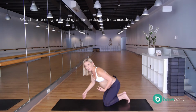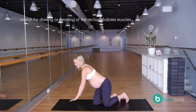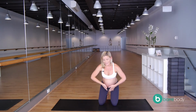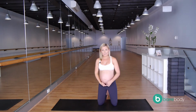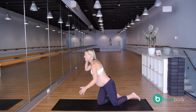So what we're watching for here is, if you start to see in your plank position, whether it's on the feet or on the knees, the belly coming into a bit of a peak shape, going downwards or upwards, as if you were lying on your belly and doing a sort of sit-up thing, which we absolutely avoid. If you notice any peaking, you've most likely got separation of the abdominal muscles. You need to pull it right back. We can absolutely fix separation of the abdominal muscles after pregnancy, but we want to 100% avoid it as much as we can. So those three options: